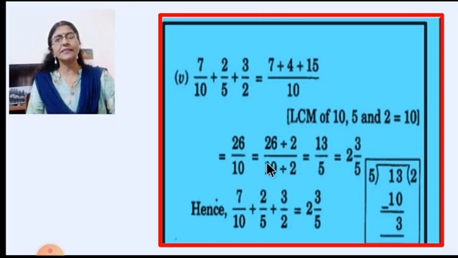Now you know how to reduce them. Both of them are divisible by 2, so we divide both numerator and denominator by 2. When you divide by 2, you will get 13 here and 5 here. As 13 is bigger, it is an improper fraction, so we are going to divide and convert it into a mixed fraction, which we have learned before. 5 2s are 10, 13 minus 10 is 3, so we'll get the answer 2, 3 upon 5. So this is the way you have to solve.